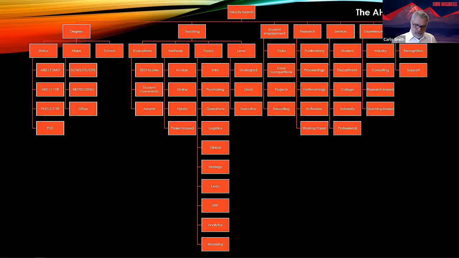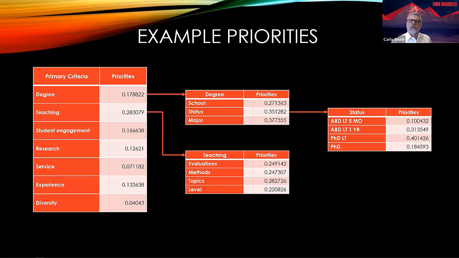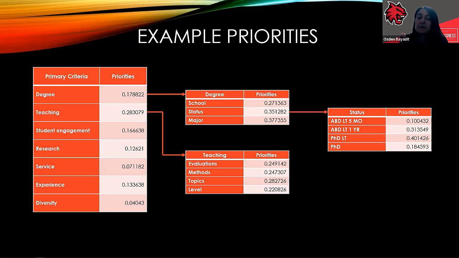Okay, thank you, Carlo. Good morning. So as Carlo mentioned, by the time we invited 3 finalists to the campus, we constructed the ISAHP model and we identified 7 primary criteria. The search committee included myself, Dr. Smith, and another supply chain colleague. So by the time we made the pairwise comparisons, obviously individually we completed them, then we aggregated the results to construct our group choice.